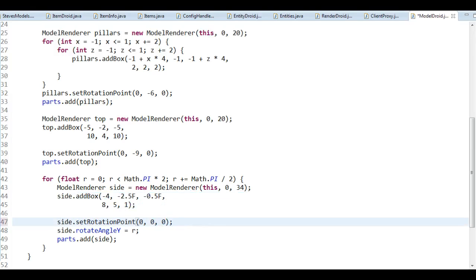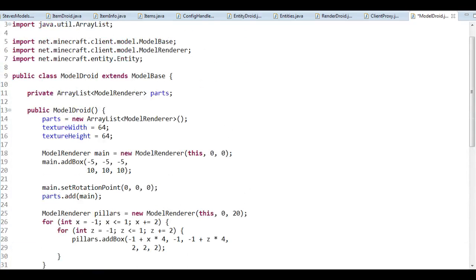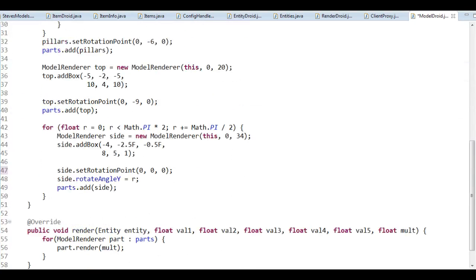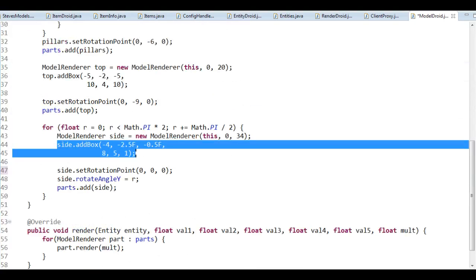So the model renderer itself for the sides is going to be in the exact same location as the main one. Look at that, it's the same. So they are going to be in the same location. But when I rotate it, it's obviously going to rotate the boxes. So at the moment I'm just going to have 4 boxes that are inside the main block and are being rotated. But if I move these,